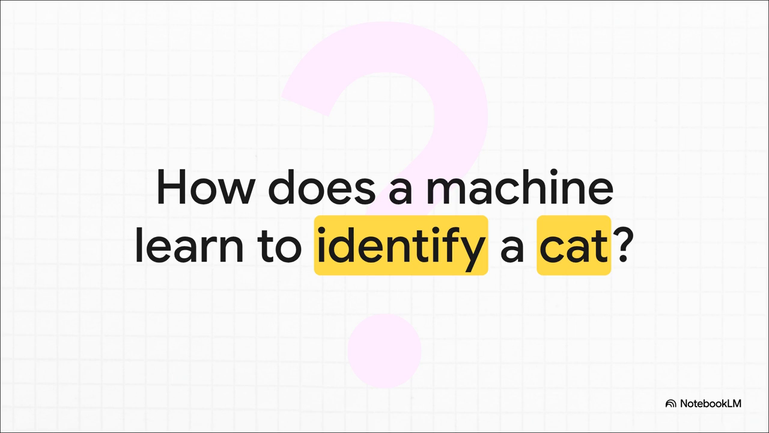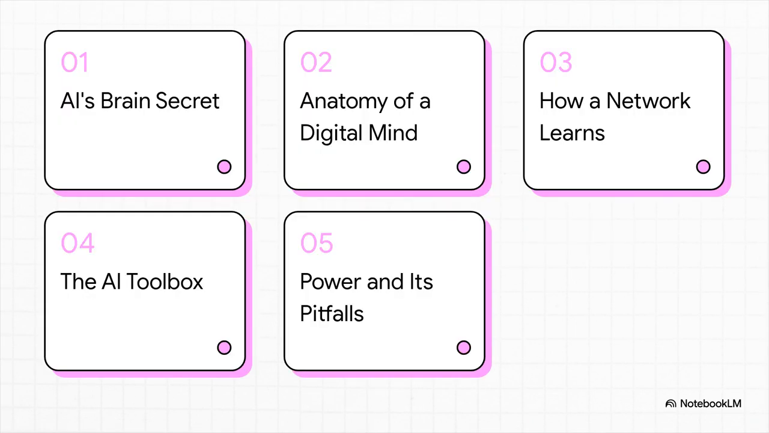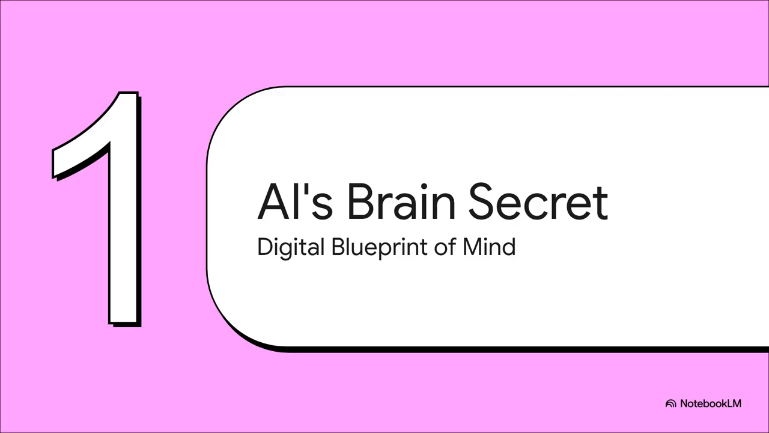right inside your skull. All right, here's our game plan. We'll start with the blueprint, where the idea came from. Then we'll break down the components of a digital mind. After that, we get to the aha moment of how it learns. We'll look at a couple of specialized tools, and we'll wrap up with a real look at the power and the pitfalls of this technology. Let's dive in. So, to build a machine that could think, or at least learn, the early pioneers looked at